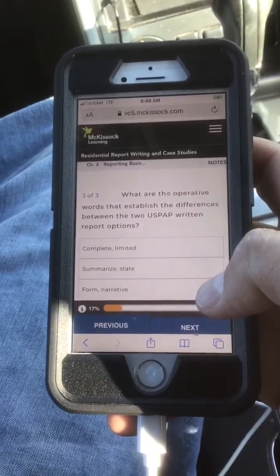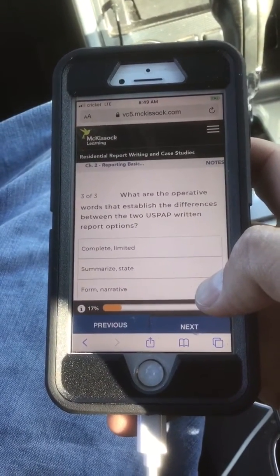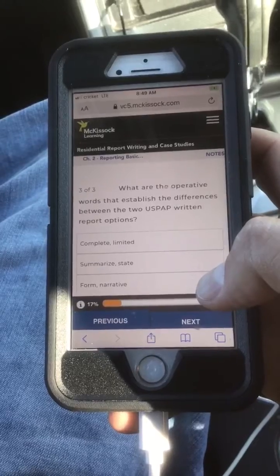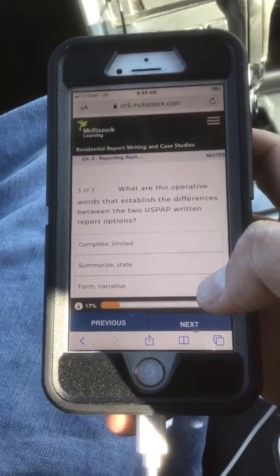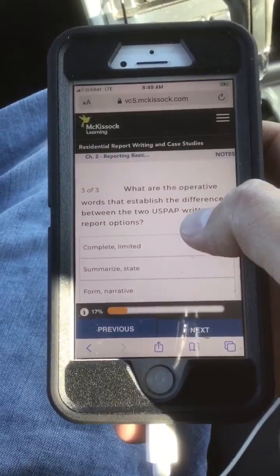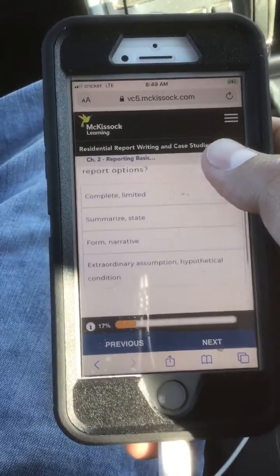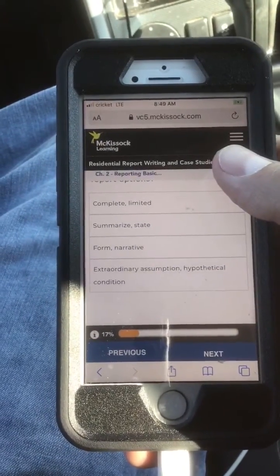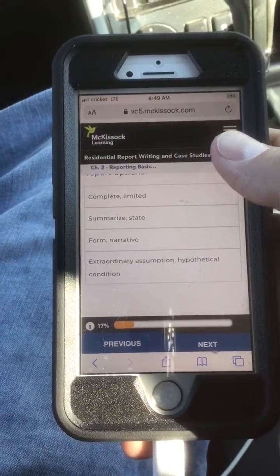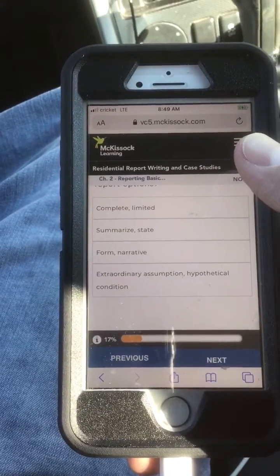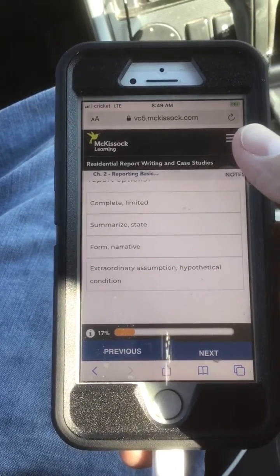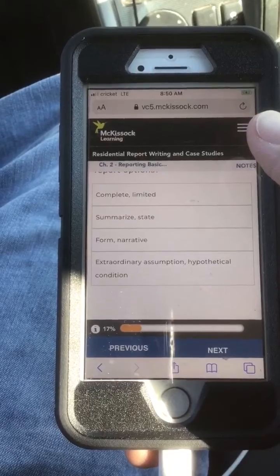Number 3, what are the operative words that establish the differences between the two USPAP written report options? A, complete, limited. B, summarize and state.